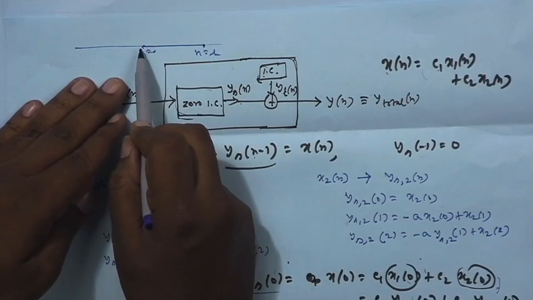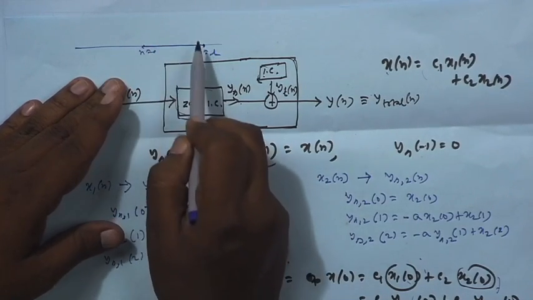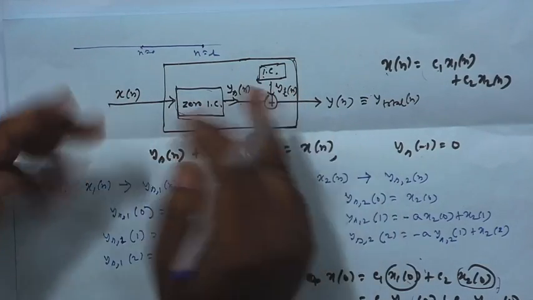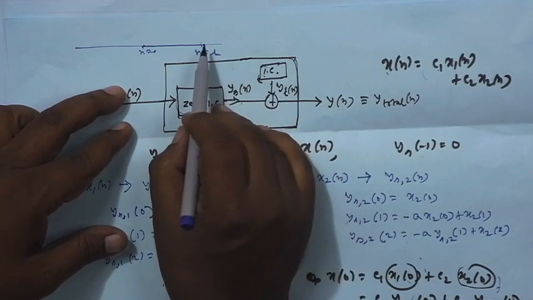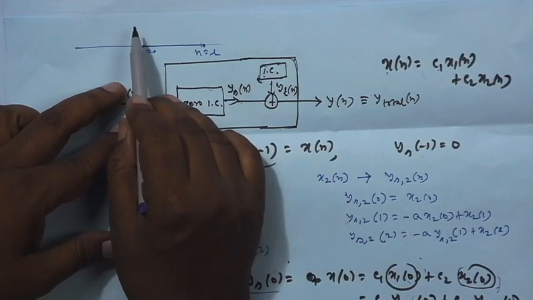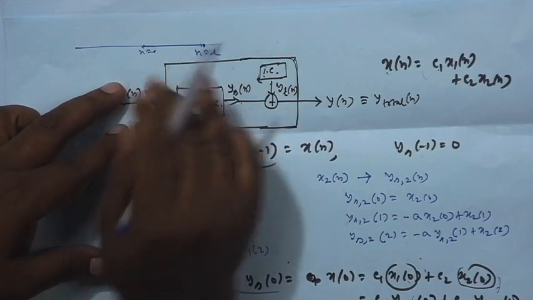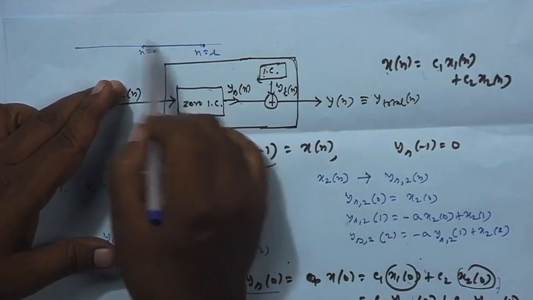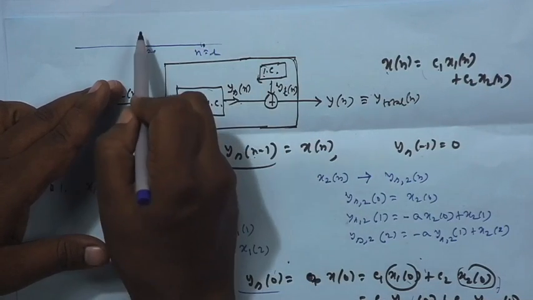So, whatever started happening from n equal to 0 onwards previously, the same thing will start happening from n equal to r onwards, because I gave the same input. On a time scale, my new input is a delayed version of the previous input. So, my new output will be a delayed version of the previous output, by the same delay, which means it is shift invariant. If I delay the input by some amount, the output also will be delayed by the same amount, like if it was like this,